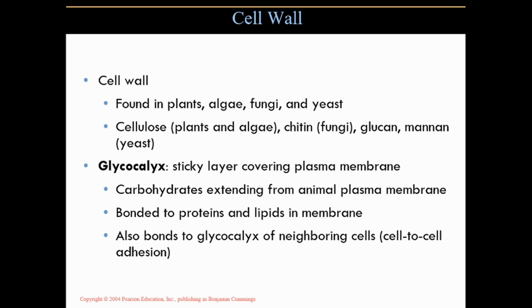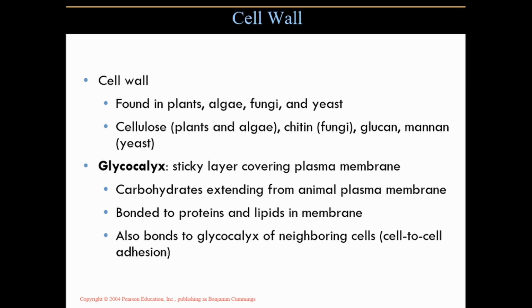Cell wall is present in eukaryotic cells, not all of them. Found in plants, algae, fungi, and yeast. Yeast, of course, are a group of fungi, but they're so different than many of the other fungal species that they're often taken individually as a group. In plants and algae, we have cellulose, and in fungi, we have chitin. In yeast, we have glucan and mannan, which are protein carbohydrate compounds like chitin, but in different proportions and with different types of proteins and carbohydrates